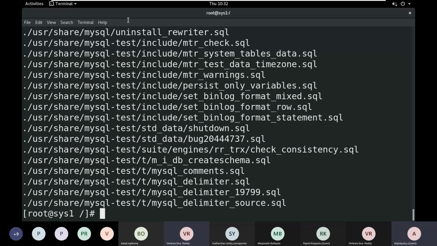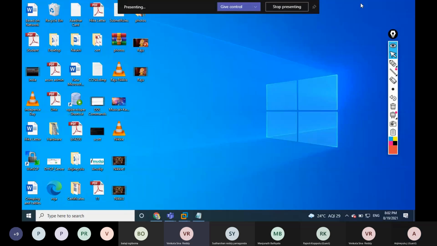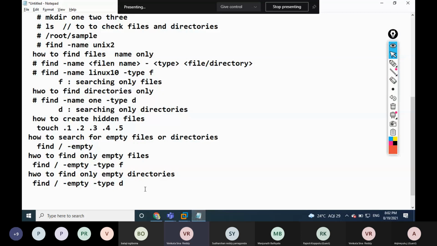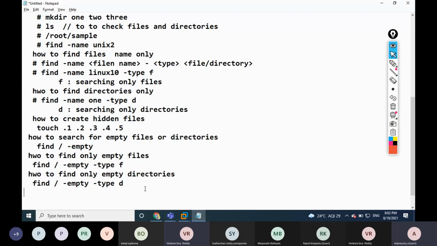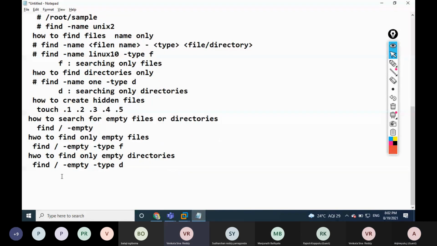That means this is how you can search for particular files. How to search for .mp3 files? Find hyphen name, then we can give double quotation marks, and between the double quotation marks, star dot mp3 only.